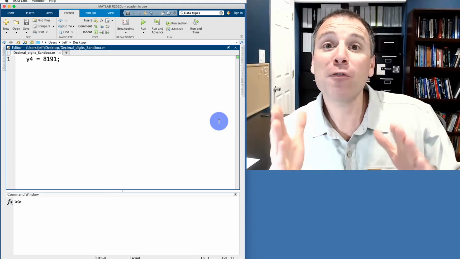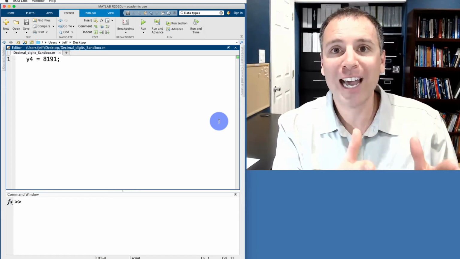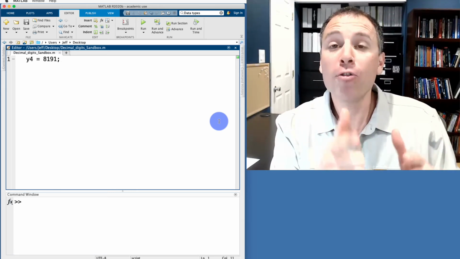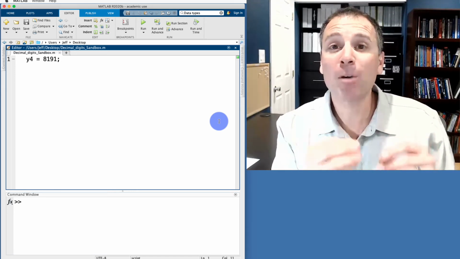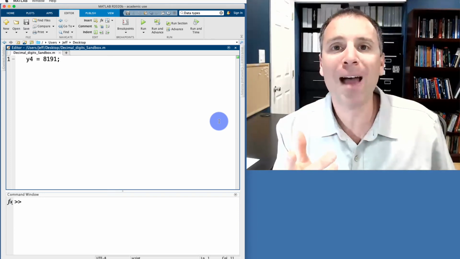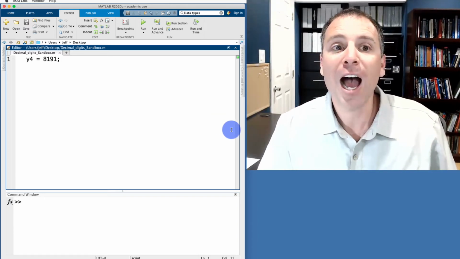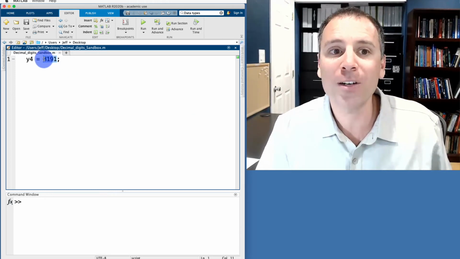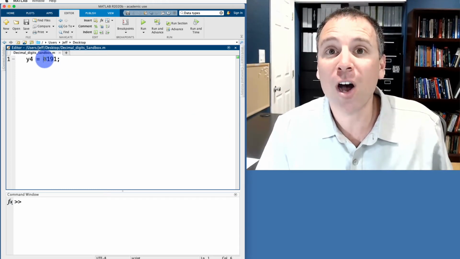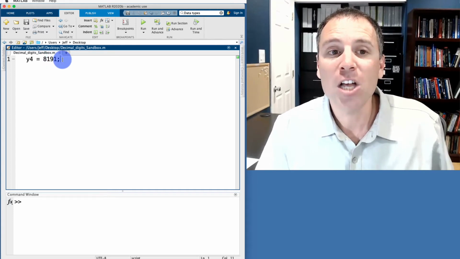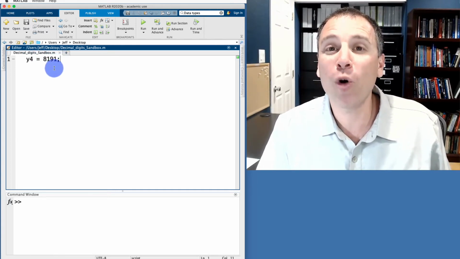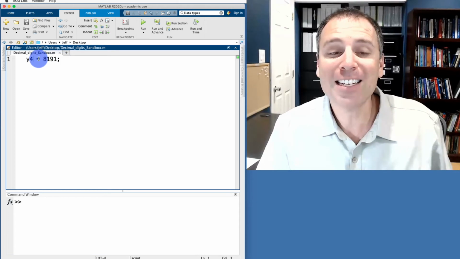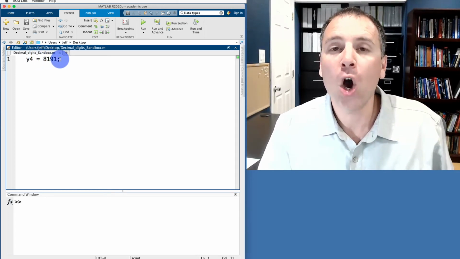With that in mind, let's filter one of the examples that we looked at in decimal representation through a concept of MATLAB coding, and specifically that's focused on MATLAB as an array-based language. I'm going to claim that decimal representations at their heart are actually vectors of decimal digits. So what I mean by this is, let's look at the fourth example that we were considering. In that example, we were looking at the number y4, which was 8191.